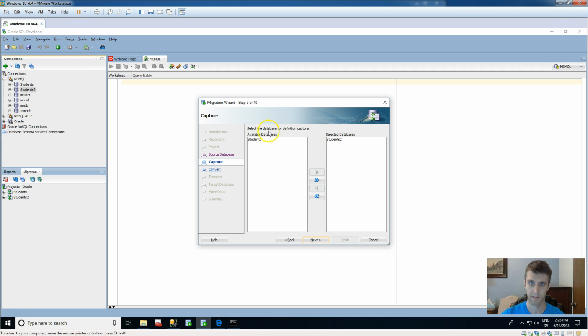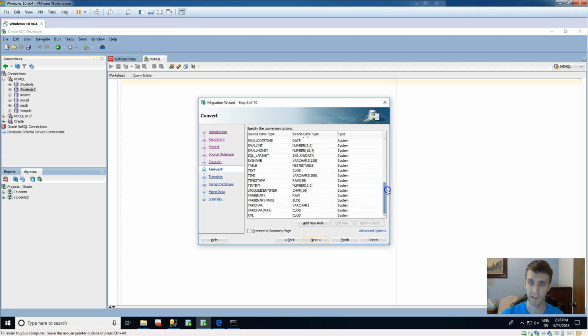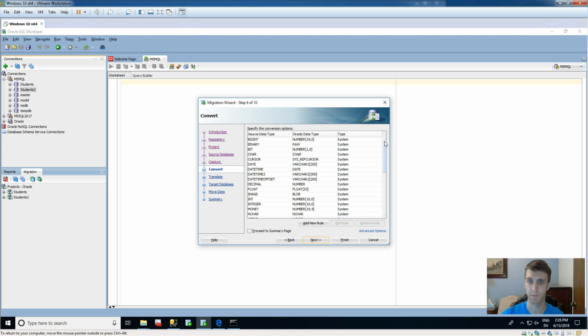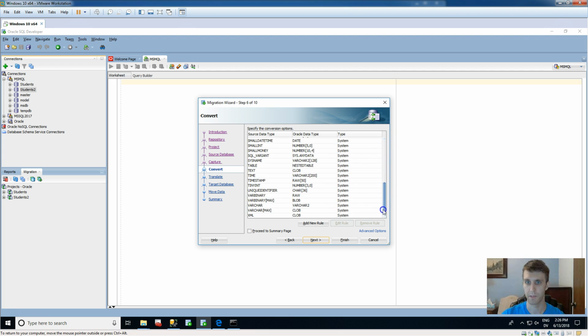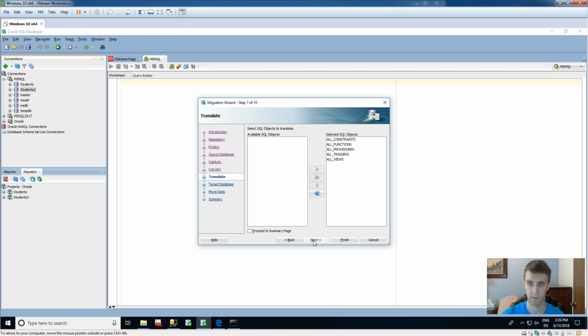Go through the rest of it. So we have students 2, which is the selected database. I could also include multiple databases if I wanted to migrate both the students and students 2 database, though I'm not going to choose to do that. And the conversion types: since the data types for SQL Server are slightly different than some of the available data types for Oracle, you'll need to make sure that that's being handled correctly,